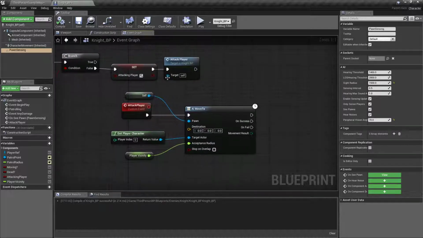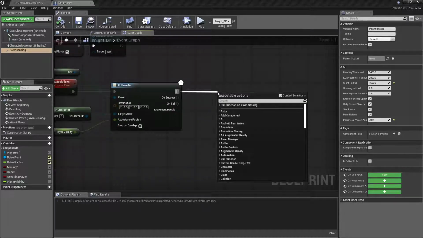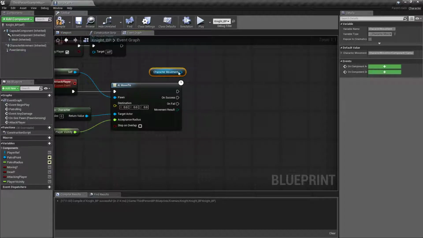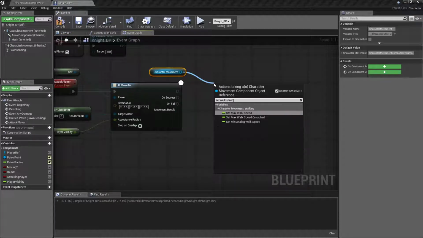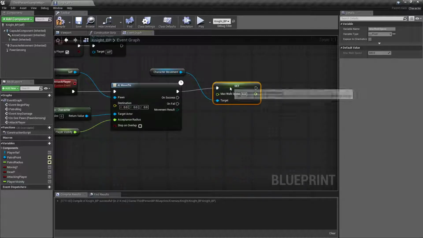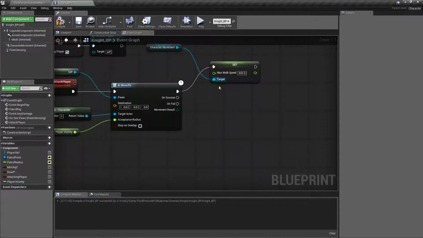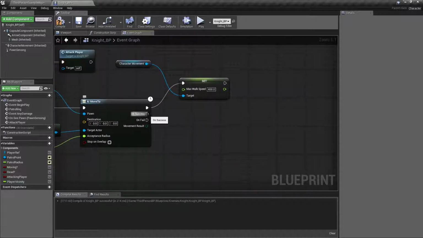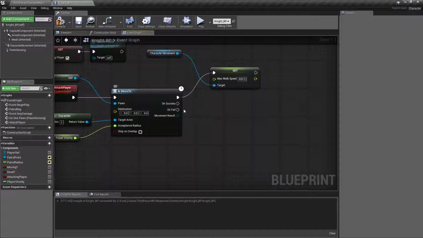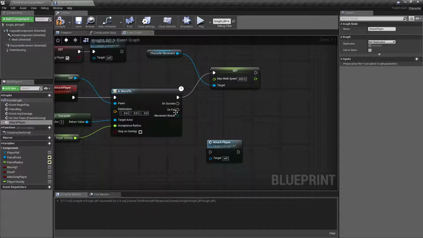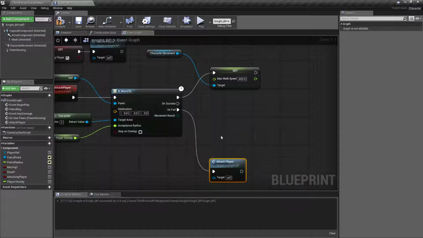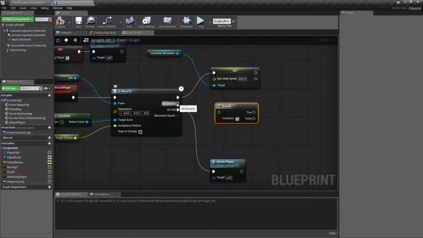Back in his event graph in the knight. Once they see the player and are moving into attack, we want to drag off the character movement, Set Max Walk Speed to about 400 is decent. Move that up just a little bit. And on fail, we want to go ahead and call our attack player again. But on success, we want to add a branch with the B left click, hook that to on success,